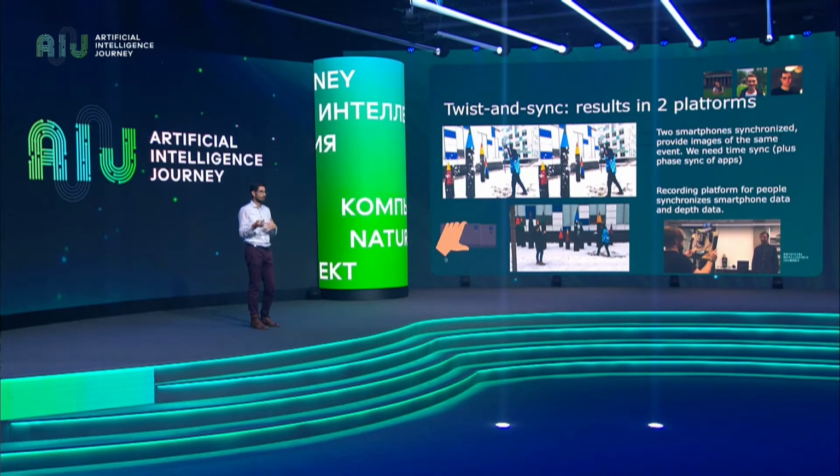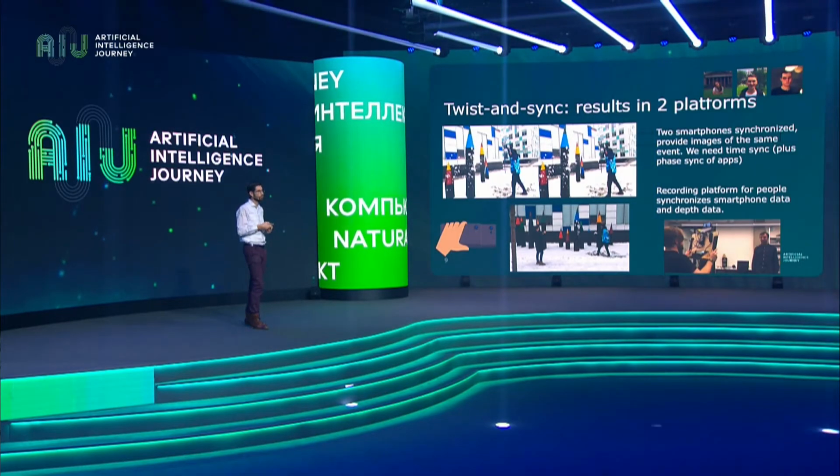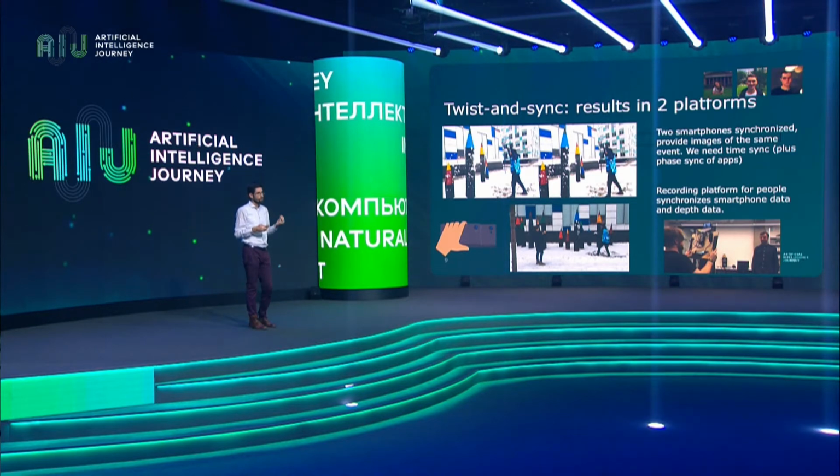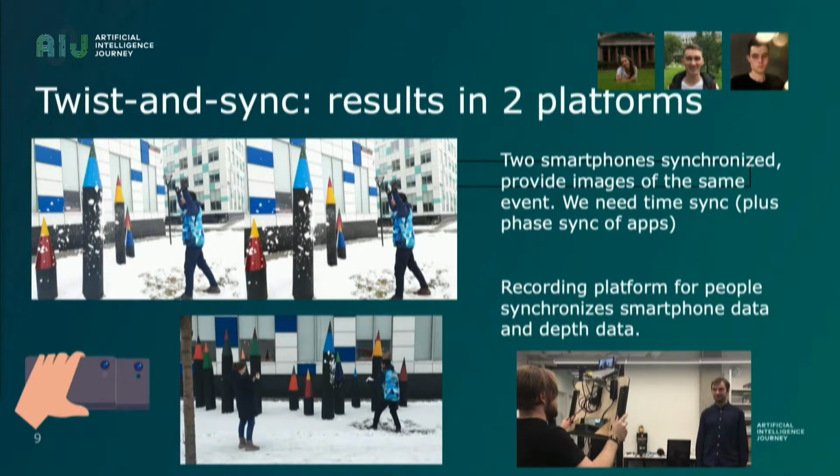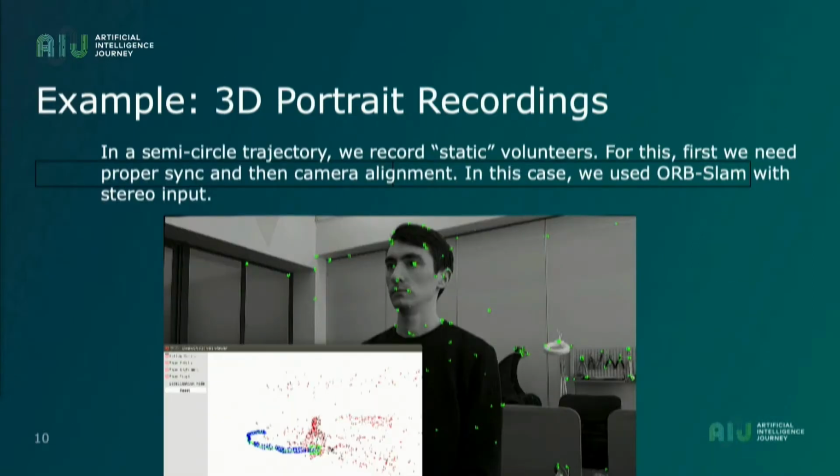And on the right, we see another example of how we can use this kind of enhanced mobile phone just to record people. In this case, we wanted to get information from people. So why don't we create enough views from a mobile phone enhanced with a depth camera? This project was about this. It's only possible to get meaningful data if things are well aligned. So that's another motivation.